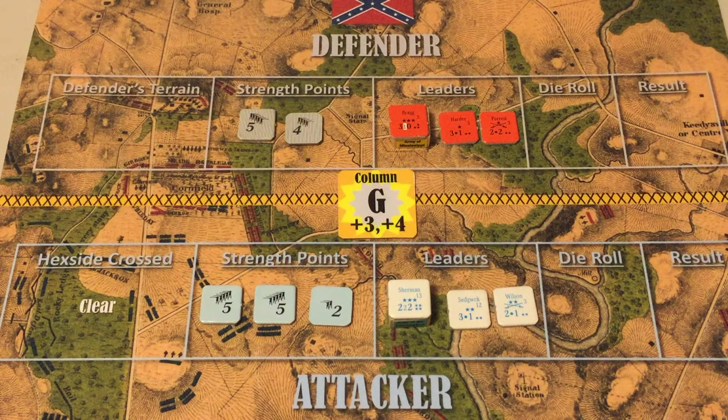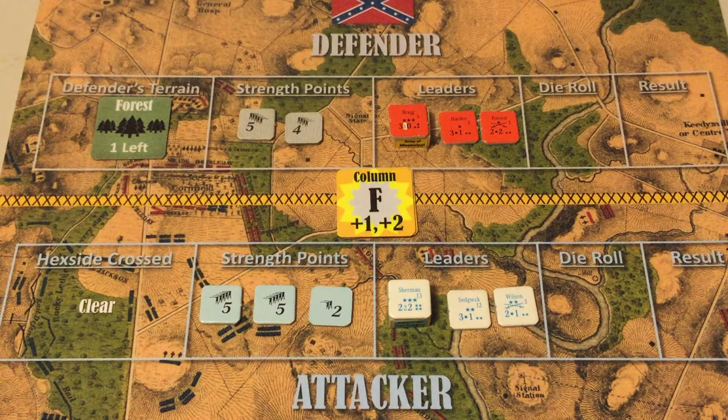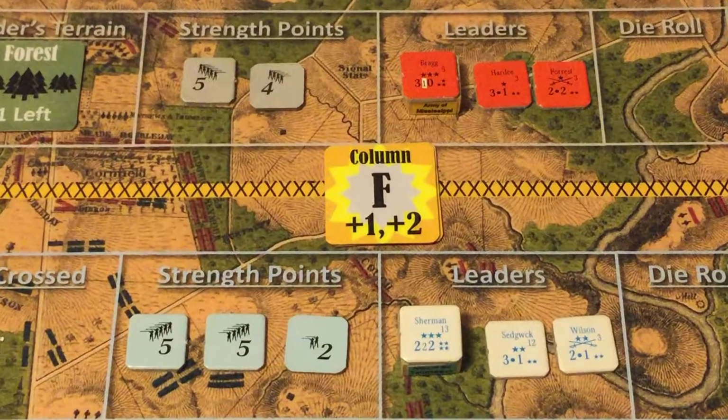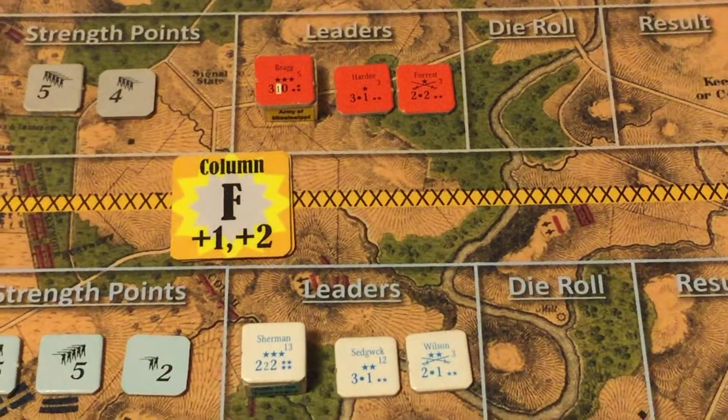So we begin in column G. But in this particular case, the Confederates occupy a forest hex, which shifts the column for combat 1 to the left. So now we're at column F, and that is where we will resolve the combat. Now, this is combat in which there is at least one army. So now, the rating for reroll options